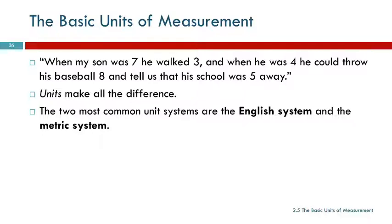It doesn't make sense. It's like going to McDonald's and saying, I want 5. They're like, well, do you want meal number 5 or do you want 5 of something? They don't know, right? Units are really, really important. I think what this is supposed to mean